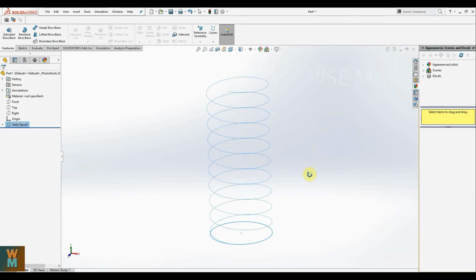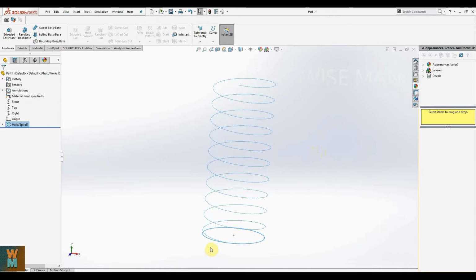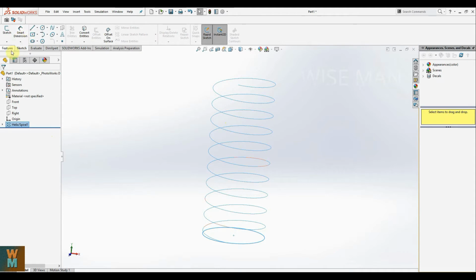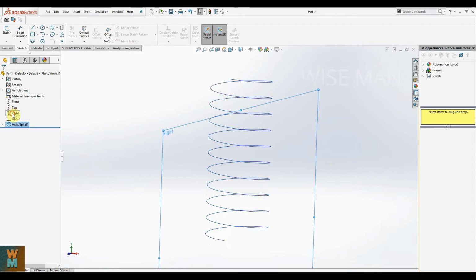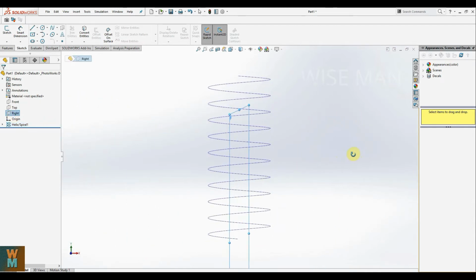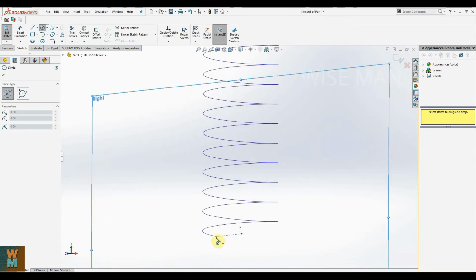Now for making this spring 3D, we have to make the Z part of this spring. So for that, let's select a plane, because we have to make a circle here and pass that circle through this path. So let's see, this right plane seems to be at this point. So we are going to make a circle at this point. So select the right plane, click on sketch, and then click on circle and select the end point of this,